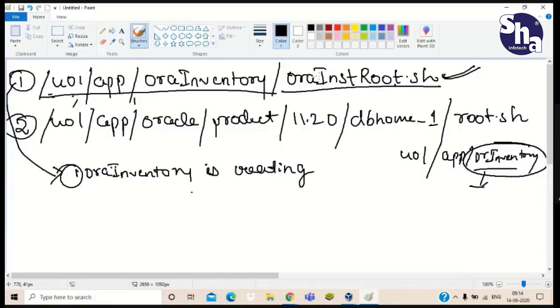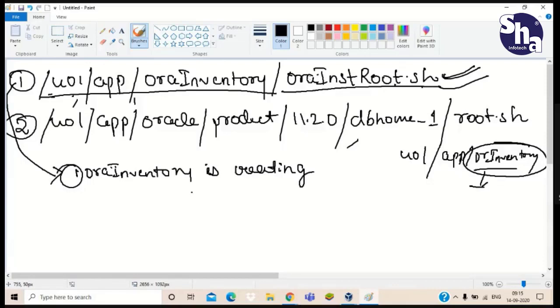So by running this aura inst root.sh, it also creates the file, and it also changes the group name and username of that particular Aura inventory directory. It changes the group name from root to O install. First it will create the Aura inventory and then it will change its group name as well.